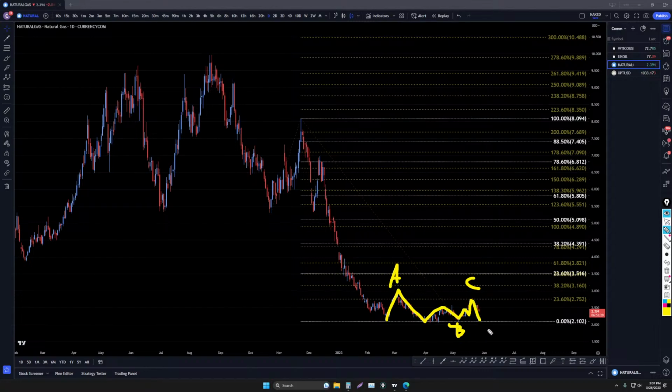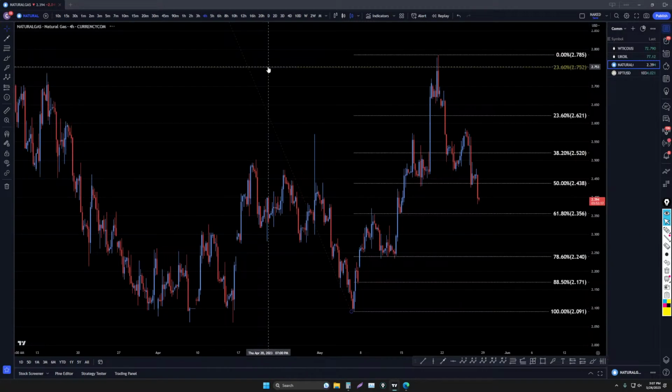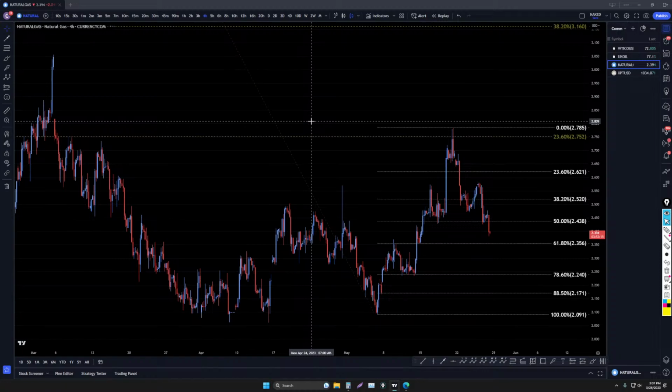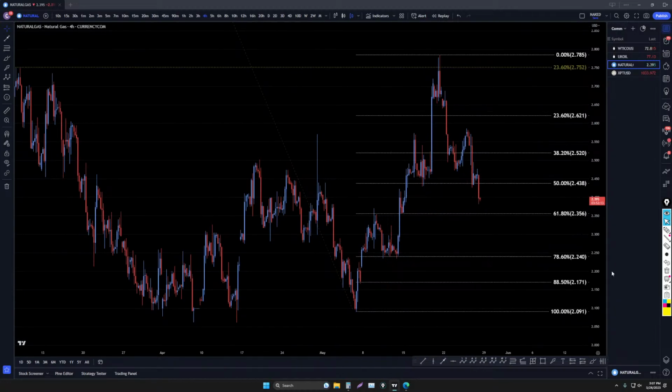And then it goes down and makes a wave 5. That could be also. And the 1, 2, 3, 4, and 5. That could definitely be possible. Like I said, this oil and natural gas is tricky, even for me. I've never actually traded these things, but I do like them because they make almost perfect three-wave corrections.